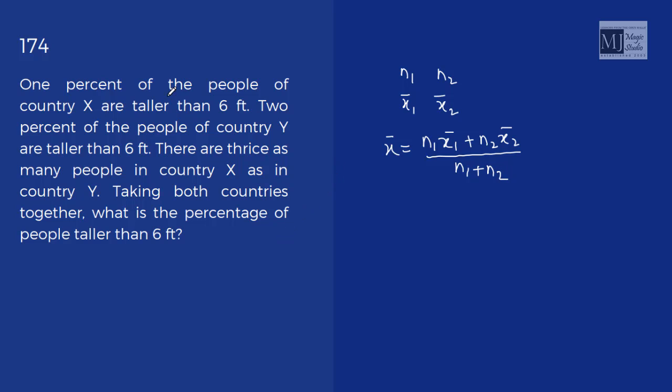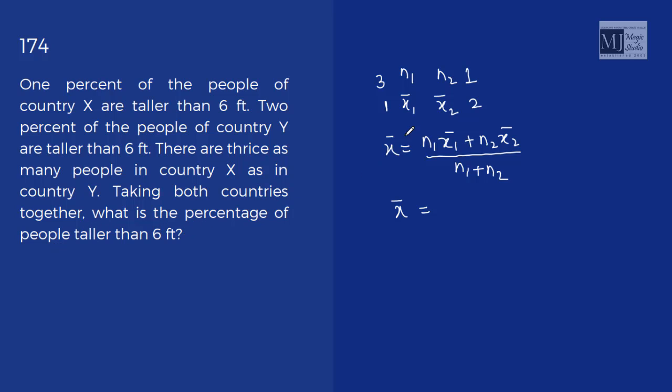Now, 1% of the people of country X are taller than 6 feet. 2% of the people of country Y are taller than 6 feet. If there are thrice as many people in country X as in Y, so if in Y there is only one person, suppose, then in country X we have 3 people. So if I use this data, then taking both countries together, what is the percentage of people